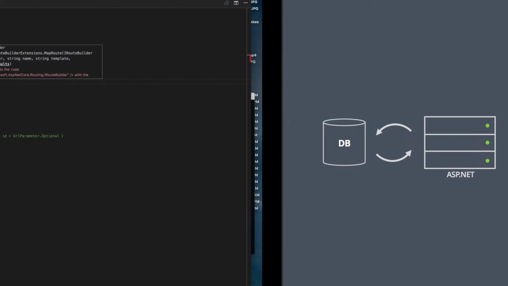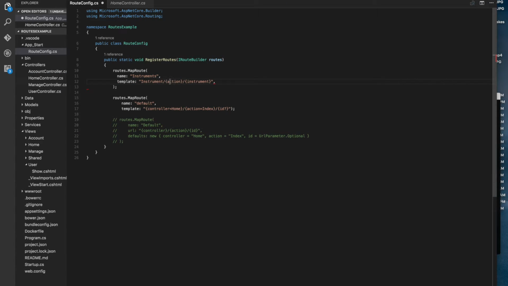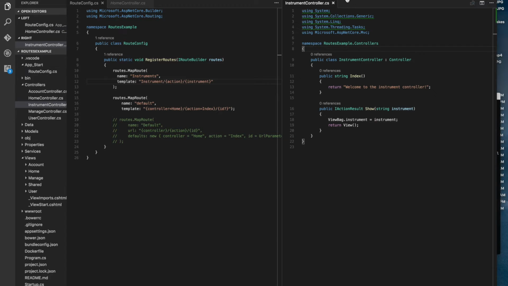in this case is flute. So instrument, action, instrument. Okay, that might seem a little confusing, but hopefully it'll make sense by the time we finish this. So I'm going to go ahead and save that, and I'm going to make a new controller that matches my route. Alright, so I went ahead and I created an instrument controller, and you'll see I've made two actions within